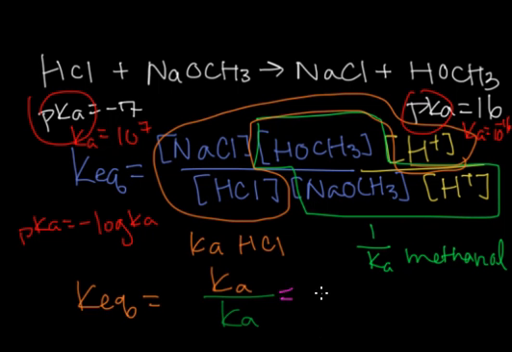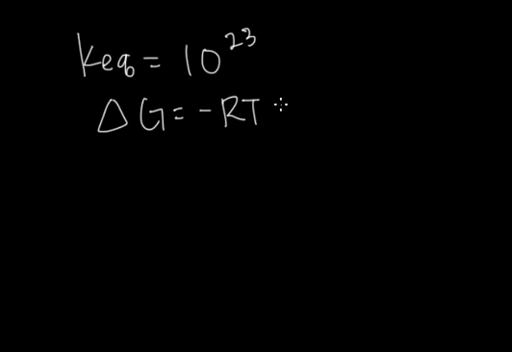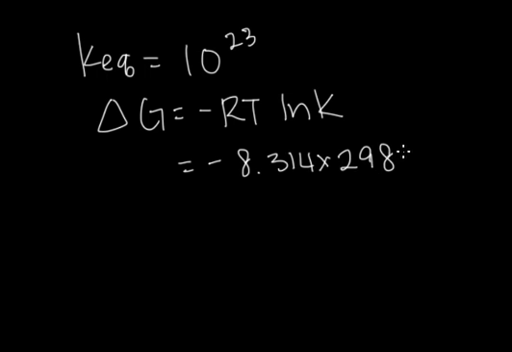From here, we could find the Keq by doing this division, which comes out to 10 to the 23rd. Having found that the Keq is equal to 10 to the 23rd, we could now calculate the Gibbs free energy from the equation -RT ln K. Plugging in the gas constant, which is 8.314, multiplied by the temperature, which is 298 at STP, and the equilibrium constant that we solved for, which is 10 to the 23rd, we get